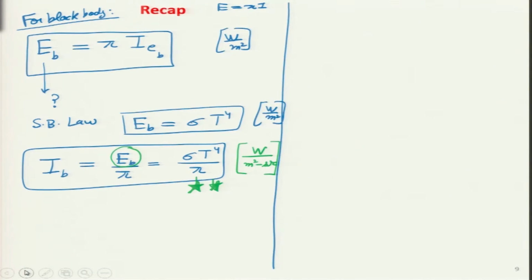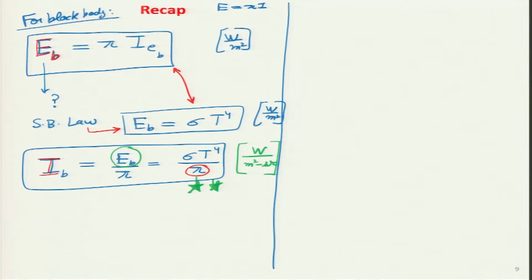So, it turns out to be very simple, and further if we have that black body assumption as well, then E we can represent with E_B, because I can put the subscript B for black body, which is the same E_B which is given by the Stefan-Boltzmann law, and there it turns out it is sigma T to the power 4. So, I can equate these two equations, and now finally I am able to write that for a black body the emitted radiation intensity is a very simple expression, simply sigma T to the power 4 divided by the solid angle pi. So, do not get confused that we are talking of a hemisphere, but we are not taking 2 pi.